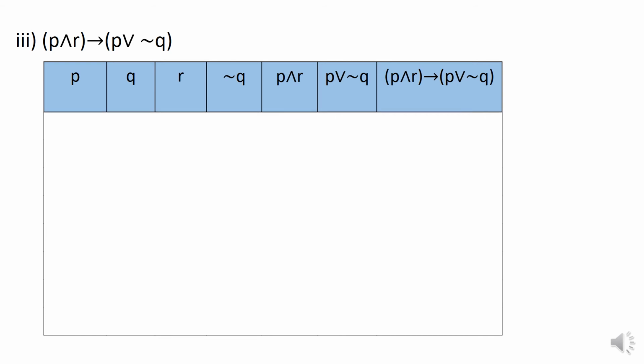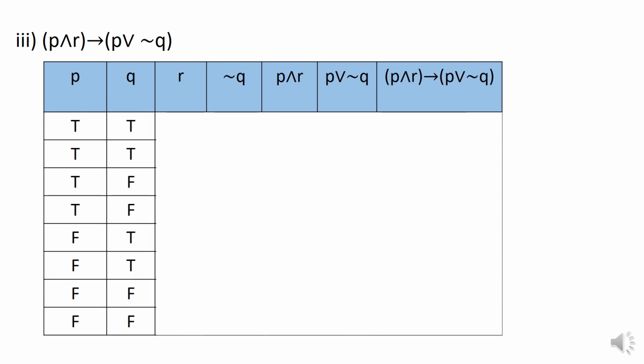Now the truth values for P. In this case, since there are 3 component statements, the truth values of P are going to be 4 values T and 4 values false F. Now this is going to be standard for all the questions involving 3 component statements. So you can learn this and keep it in mind. What about Q? Q is going to have 2 values true, 2 false, again 2 true and 2 false. This is going to be standard.